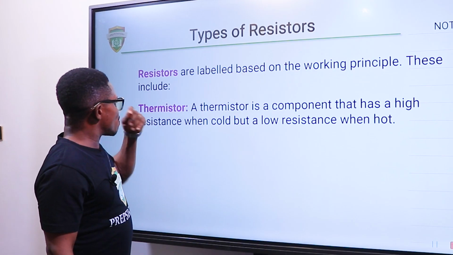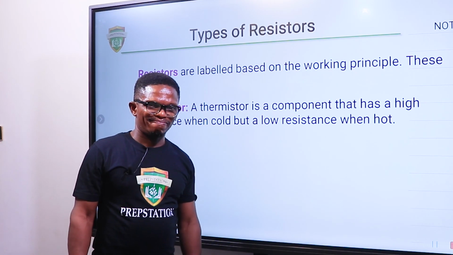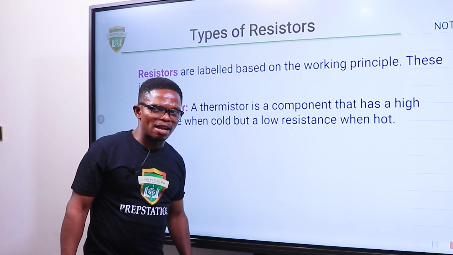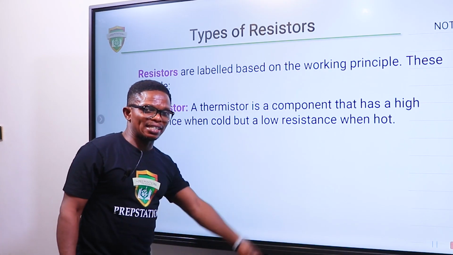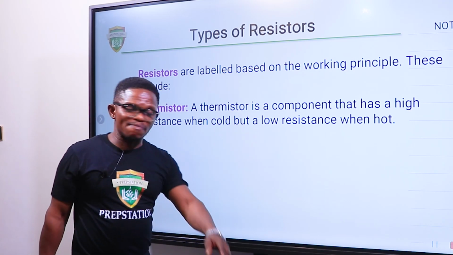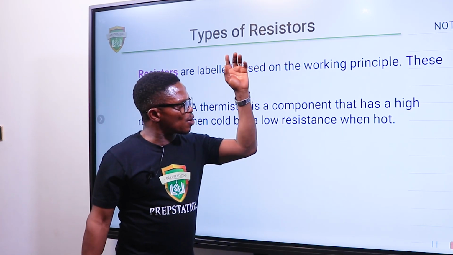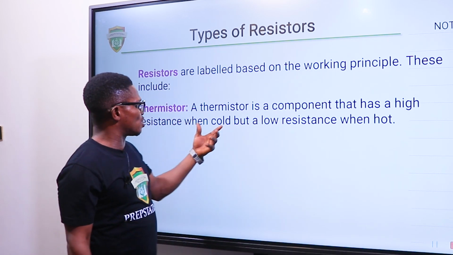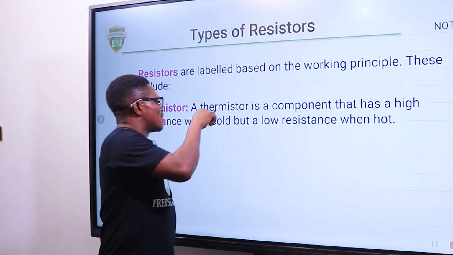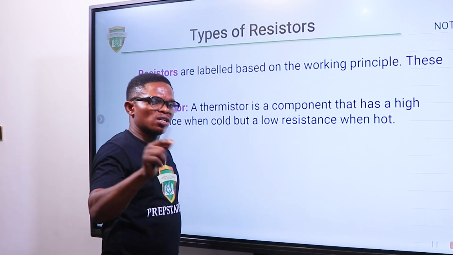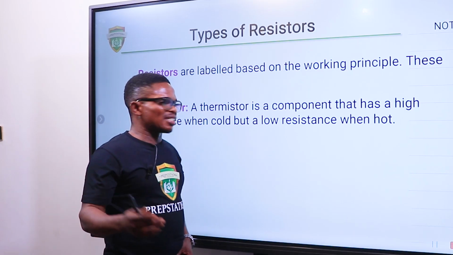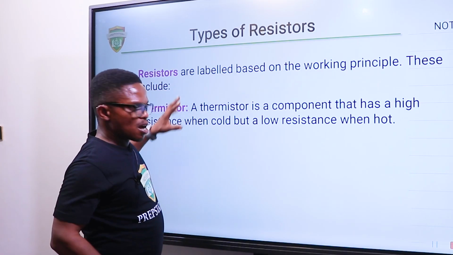Number one, we have what is called a thermistor. The word comes from two words. The first part of it is therm, that is thermal. Thermal means heat. Then the last part is resistor. So if you combine thermal and resistor, you have what? Thermistor. Now, what does that mean? It means a thermistor is a component that has a high resistance when cold, but a low resistance when hot. In other words, the resistance of this very material depends on what? Heat. Thermal means heat. So it changes its resistivity or its resistance value based on the amount of heat in